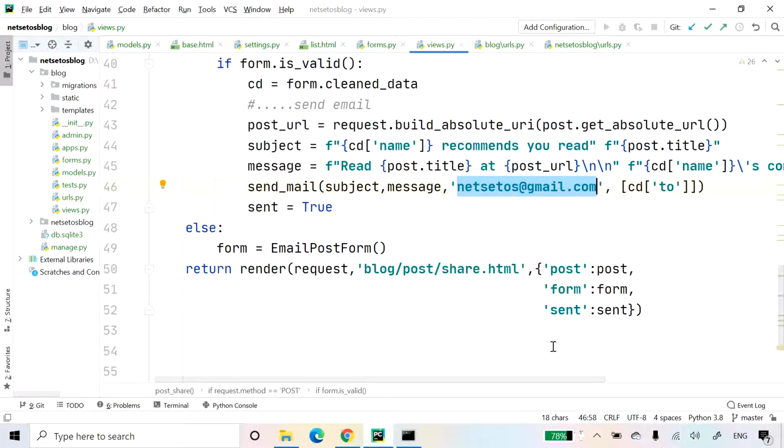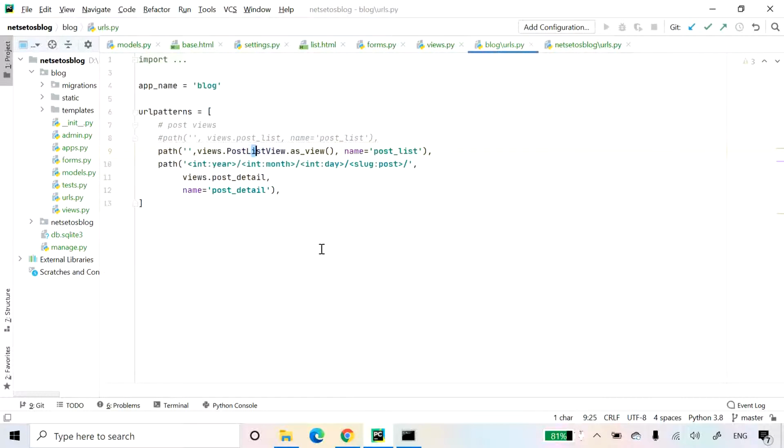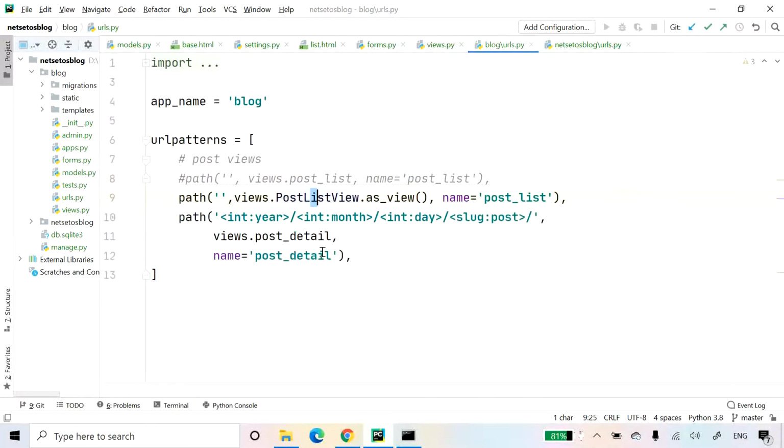Now that our view is complete, remember to add a new URL pattern for it. So for that, I will go to urls.py, which is in blog. Here we have urlpatterns.